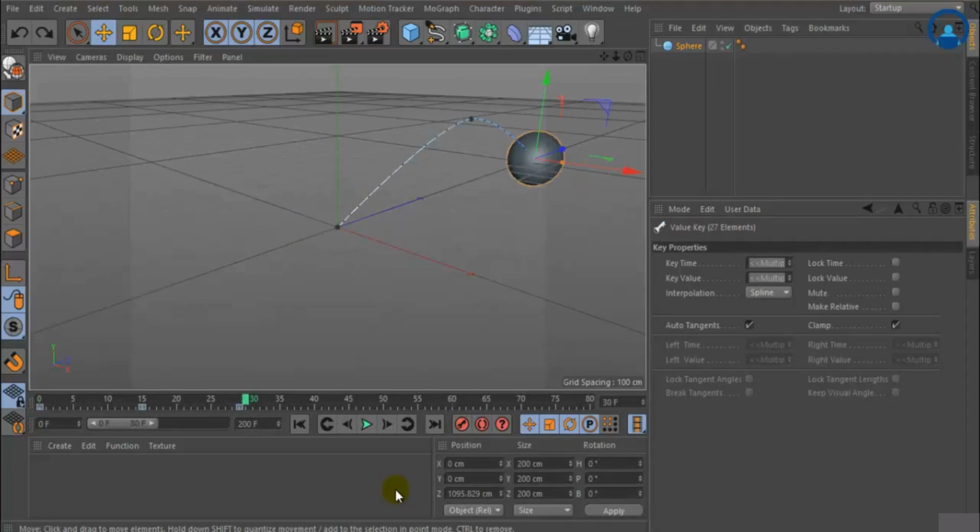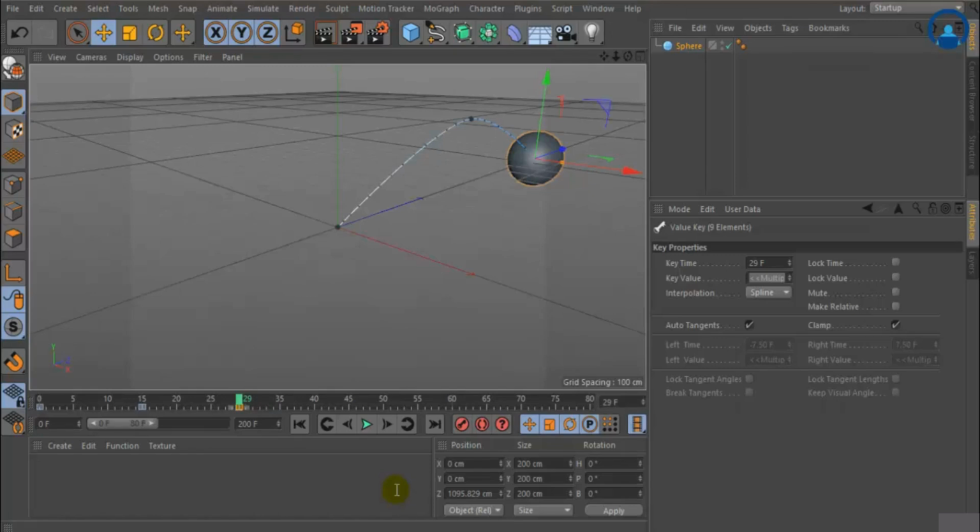Now if I want to delete these keyframes, it's very simple. I just click and drag to select all those keyframes. You can see it showing in yellow over here, and press delete to delete these keyframes. But before that, you can see there are key properties over here. Key timing. If I select a particular key, it's showing the key time is around frame 29. Yeah, it's showing the keyframe timing and keyframe value.